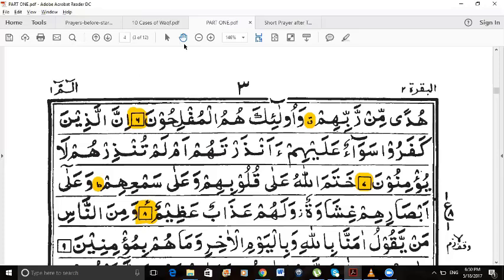Innalladhina Yeah, kafaru yeah, sawa yeah, un yes, alayhim yeah, an tahum excellent, am lam تن تن تنذرهم لا